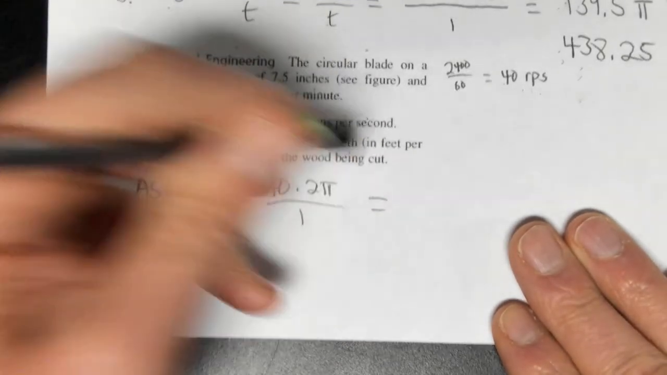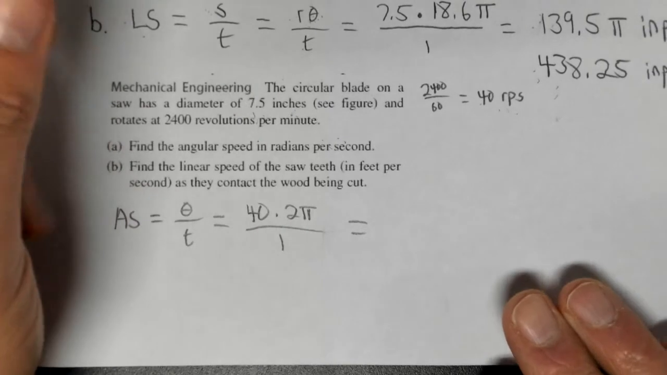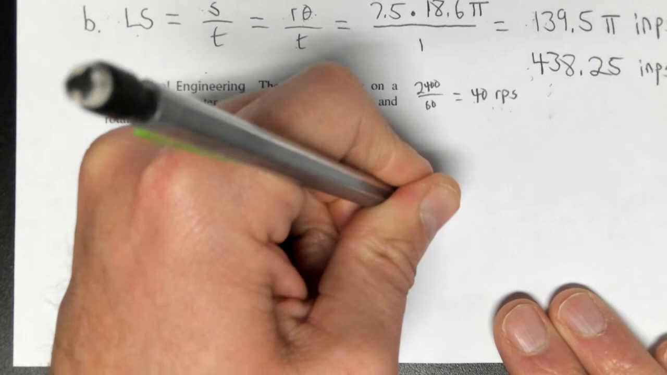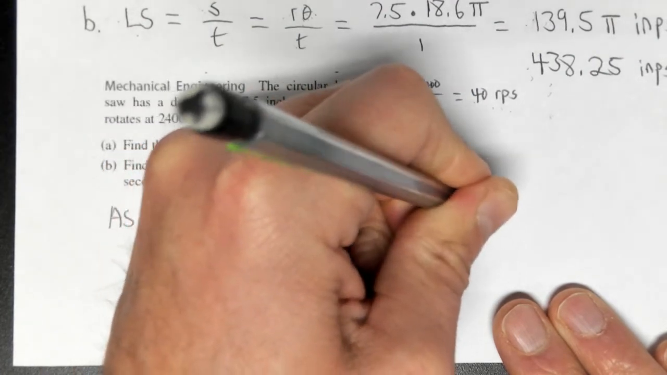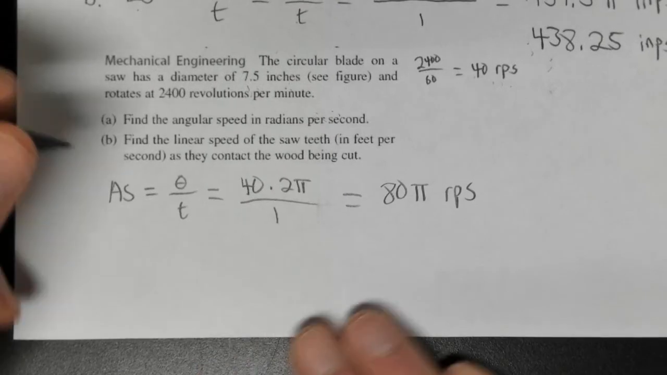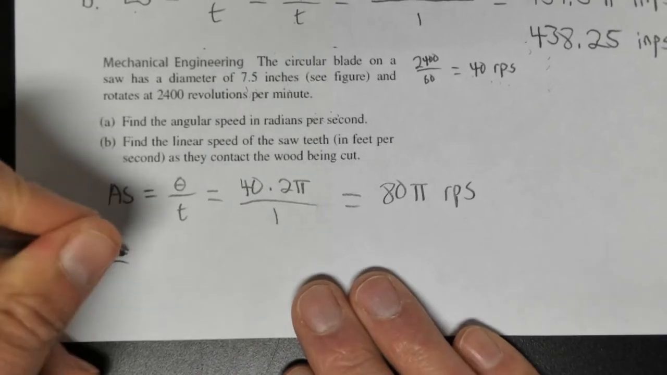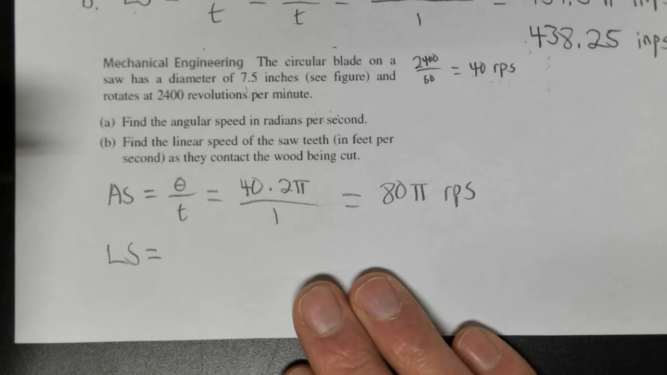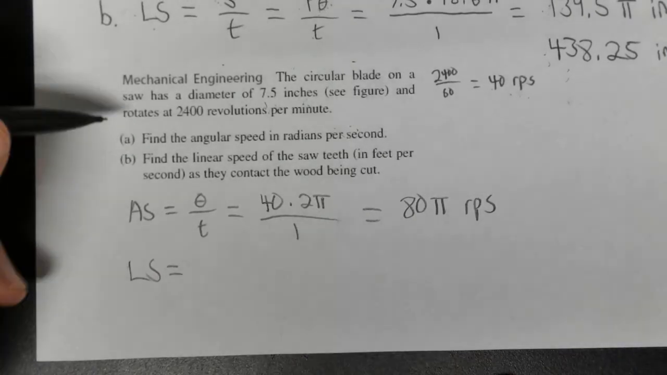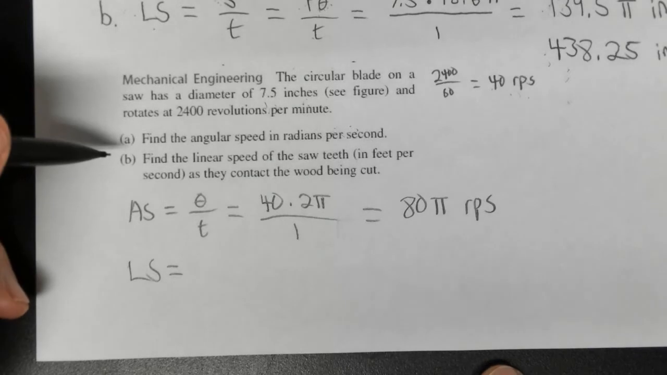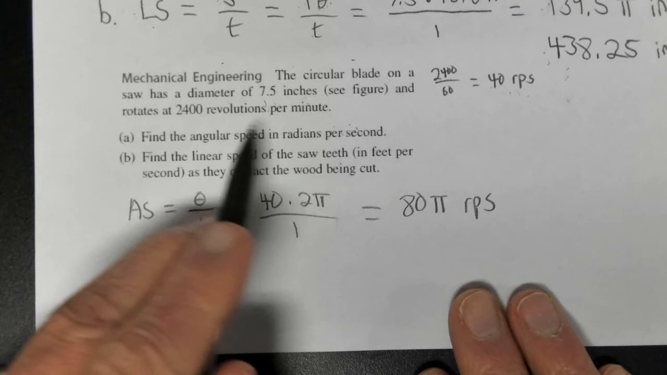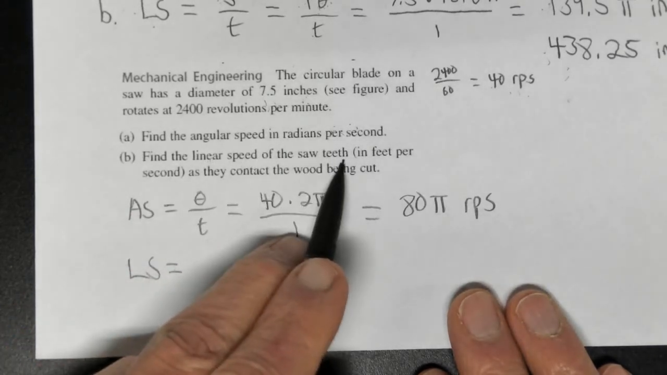And now we are going to multiply that out, and we'll get 80 pi revolutions per second. 80 pi revolutions per second is what we've got there. Okay, so now we'll use that and see if we can calculate the linear speed. But now we also have a conversion to make on linear speed,